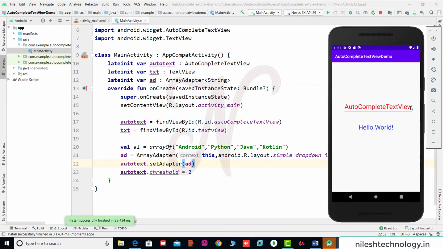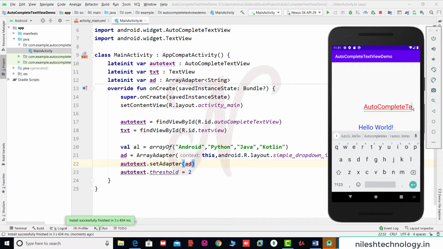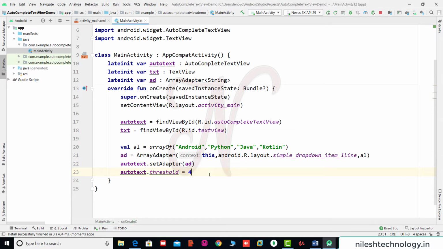So see here, we remove this text. The threshold is 2. So here 1, 2. If you type the second character, then the suggestion Android appears. So if threshold is 4, save these changes, again run main activity.